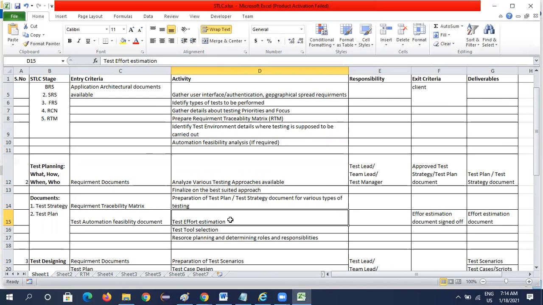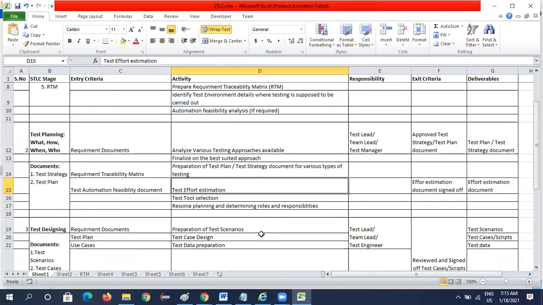And whether a complete regression testing is required, end-to-end testing is required, only functional testing is required, or any performance testing is required, and if so what tool we need to use; all those things would be finalized in the test planning section. The exit criteria for test planning would be an approved test strategy and test plan document, and the effort estimation document. The deliverables from this section are the test plan, the test strategy document, and the effort estimation document.